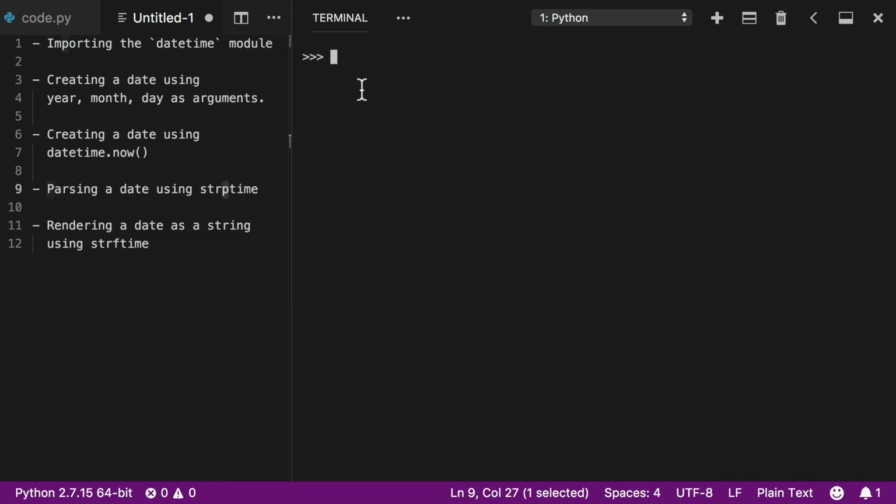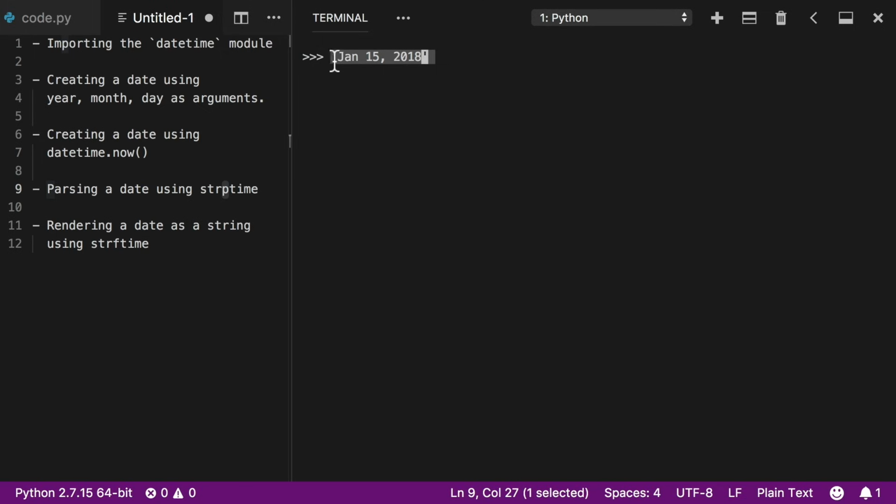It stands for parse. A lot of times when we're writing actual programs, we won't have these very clean 2018 dates like we have right here. So it's not always going to be as easy as having this information. A lot of times dates are stored in strings, or a user might enter a date. So for example, we might have a date that looks like this. It might be like January 15th, 2018 or something.